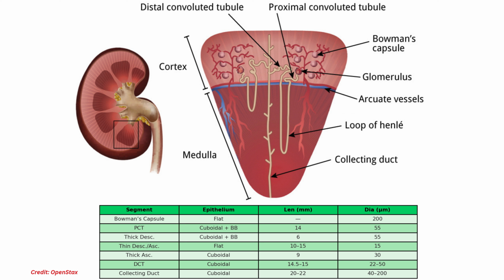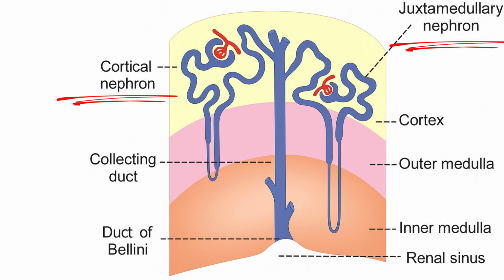Now let's look at length and extent variations. Let's zoom out for a minute. There are two types of nephrons. One is cortical nephrons and the second is juxtamedullary nephrons. In the cortical nephrons, the loop is short with the hairpin bend reaching only the outer medulla. In the juxtamedullary nephrons, the loop is much longer, extending deep into the inner medulla, important for producing concentrated